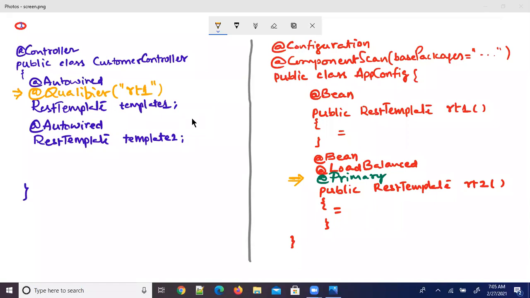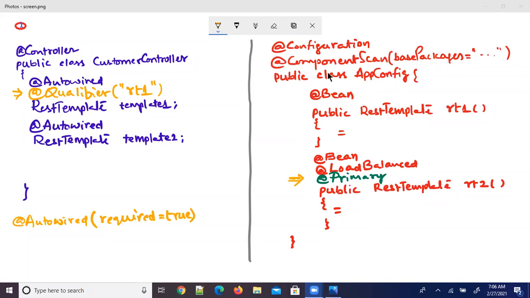The @Autowired annotation has a required element, and the default value of required is true. Required true means the dependency must be injected; it is mandatory. The dependency is required.